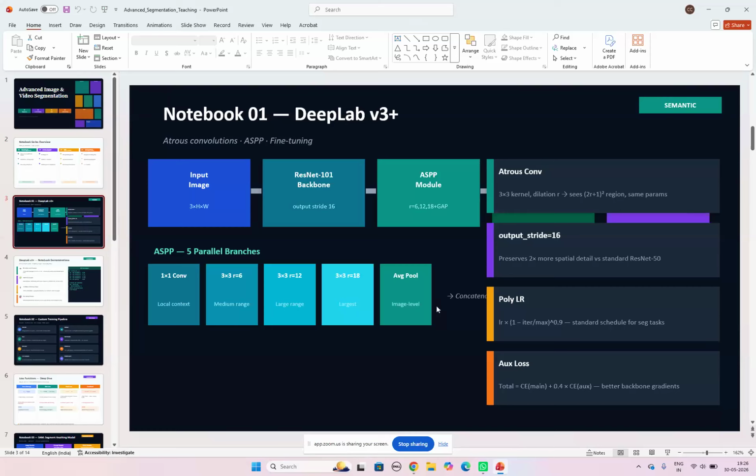There are three types of segmentation, right? What are those? Semantic, instance, and panoptic. So what do we do in semantic? It identifies the class of the objects.